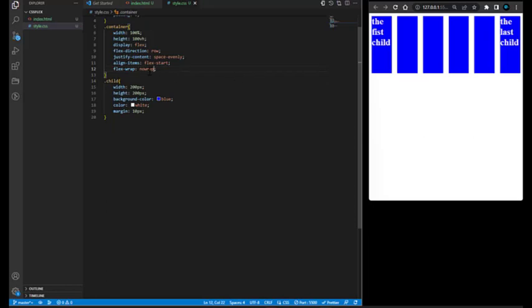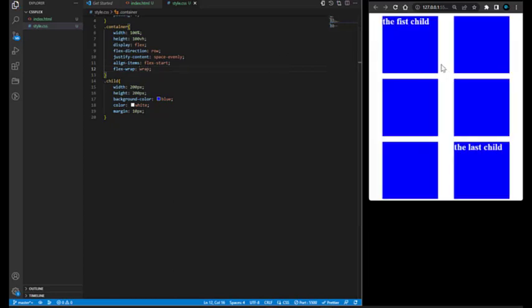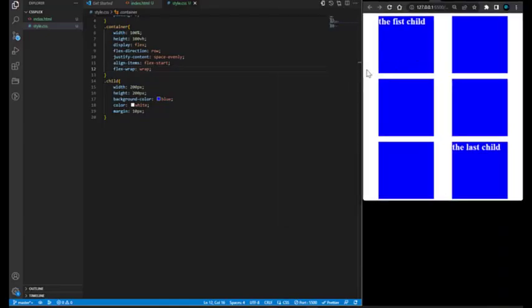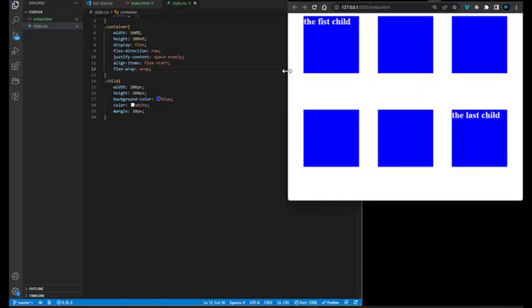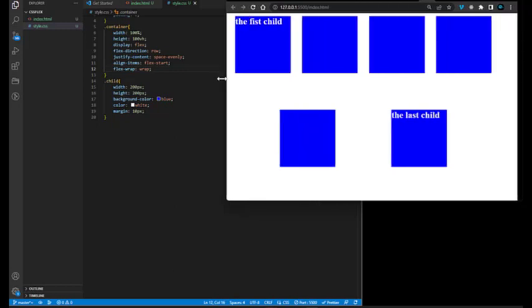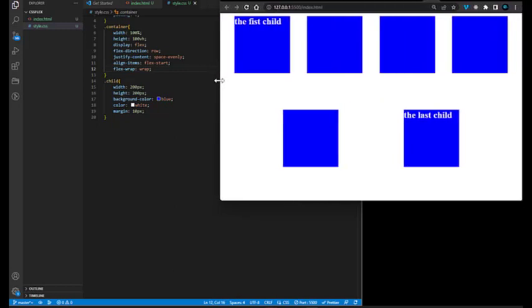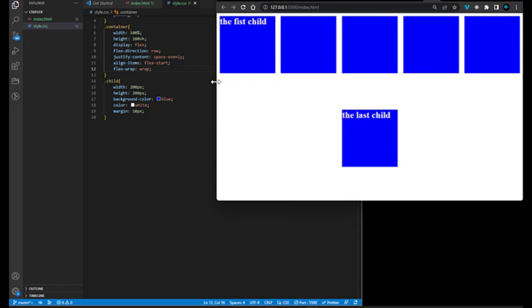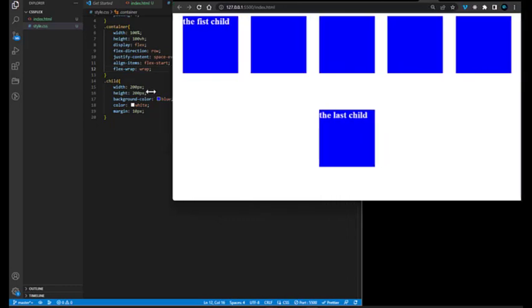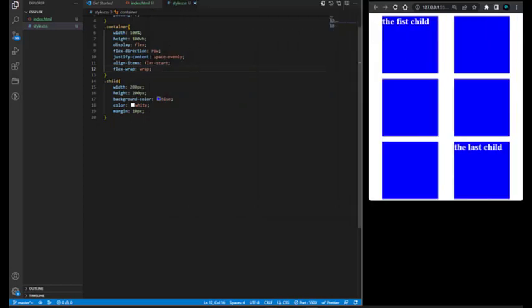But if we choose wrap, for instance, to see what happens with flex wrap, you see it stacks and it maintains the same size. If you increase this, you see it's this way. Let me show you what is happening here. As I'm increasing, it positions itself, when the screen fits, to the position where every item can sit equally on the screen. As I'm increasing, they are stacking back towards the other direction. So if I change the align items or justify content, let me see,